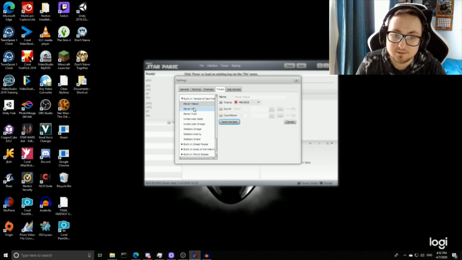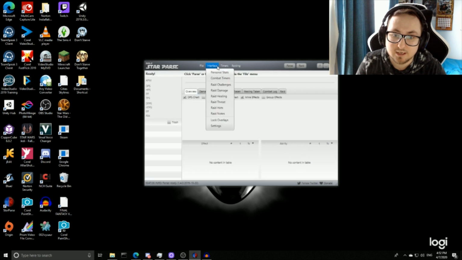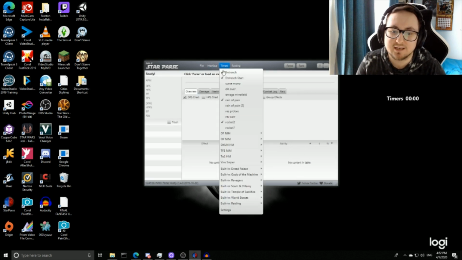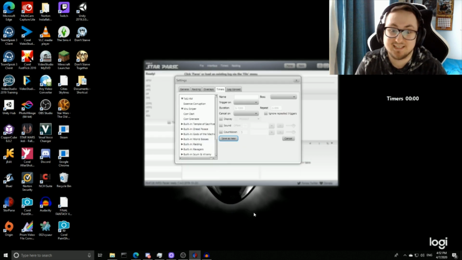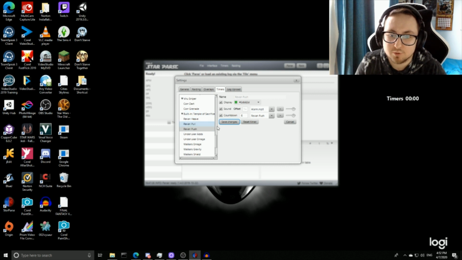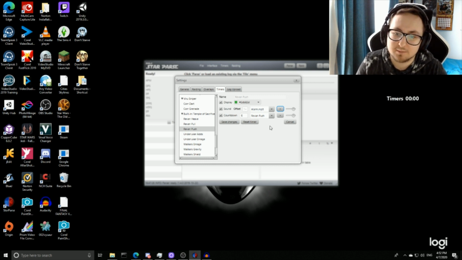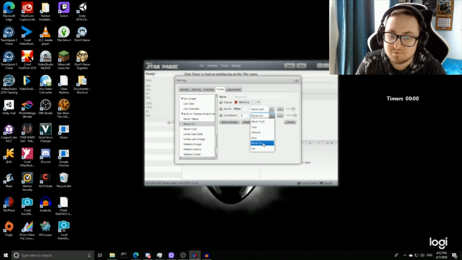Now, I've given them colours so that they display nicely on the Combat Timers interface. It's quite useful to have that visually as well, just in case you miss it for some reason. But we've got Revan Push and Revan Pull. Now, I've got them set to when they actually happen, they do an alarm like this. But before that, they'll count down using the countdown mechanic that exists in Starparse. Now, you can see I've called the Revan Pull and Revan Push